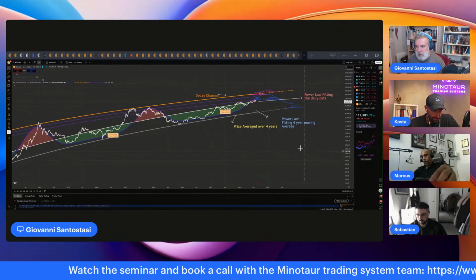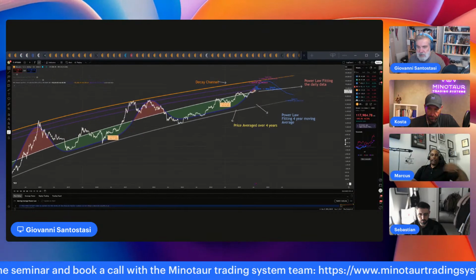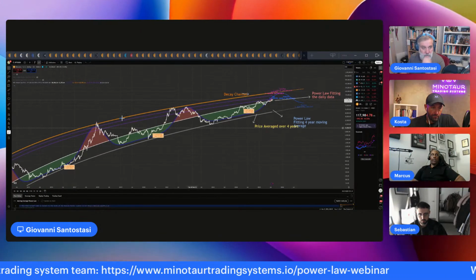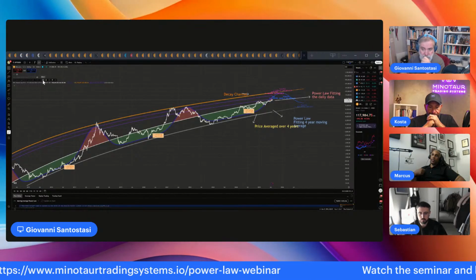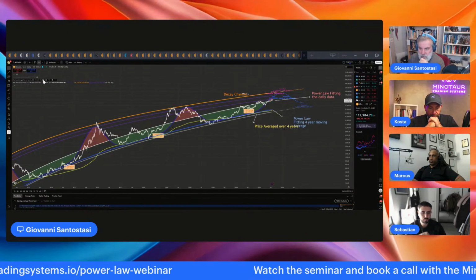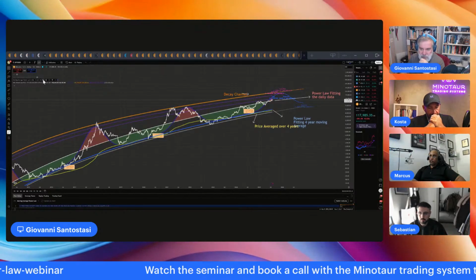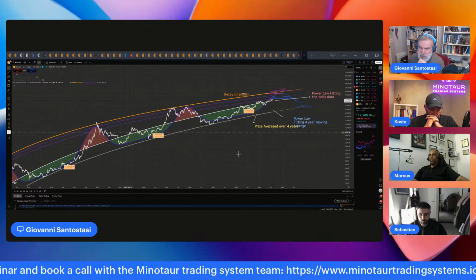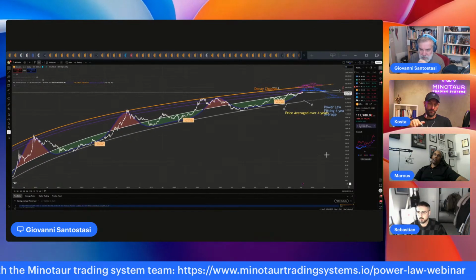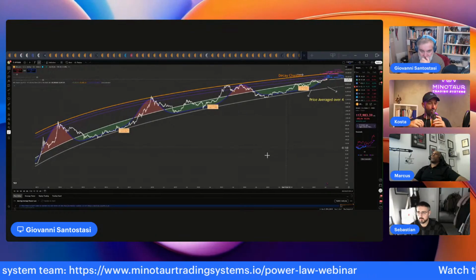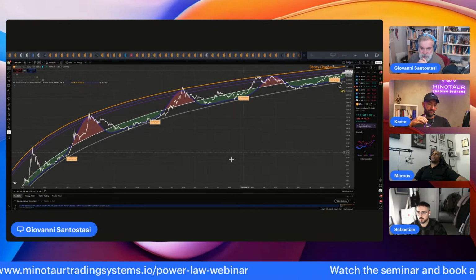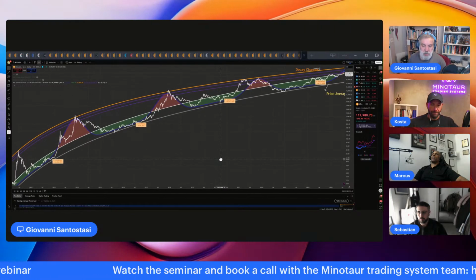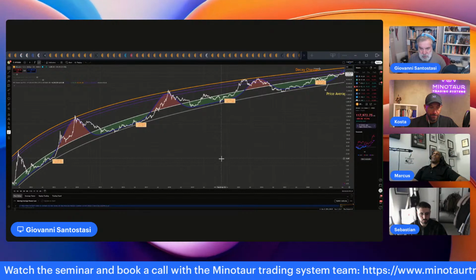Okay. So, all right, this is one of my favorite charts. It does all the important information. I turn off some information like the 4 years moving average, but we can look at it in a moment. So, like always, I kind of introduce a little bit for the people that maybe are not familiar yet with the Power Law. So the Power Law is trying to show the general trend of Bitcoin using this mathematical approach